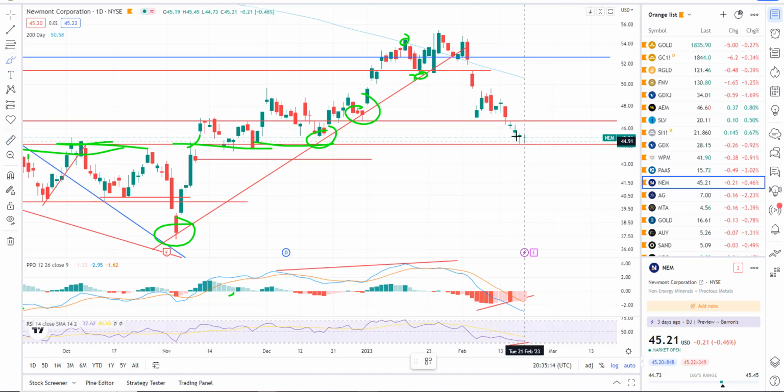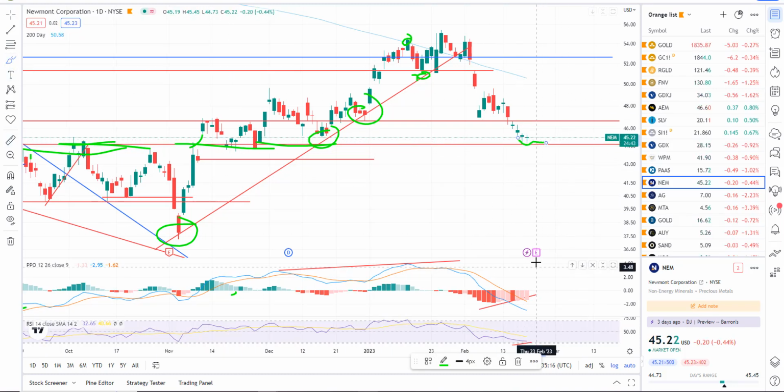So expect some choppiness until then, but the chart tells me, because we're at support, that it's a buy the dip. Whether we gap down on earnings, I think the buyers will be stepping in on that gap down, or maybe you just gap up. In general, I think we're going to rally from around these levels. There's no telling what's going to happen after earnings. You've got that headline risk, but I do think the buyers will step in if we gap down on earnings.